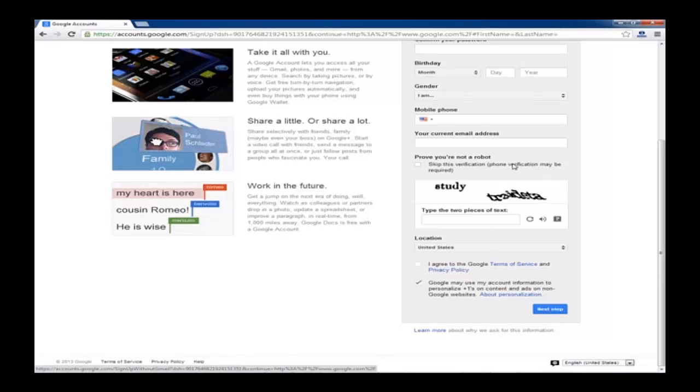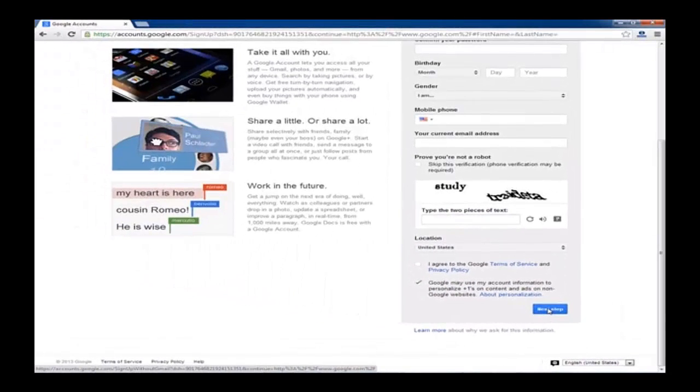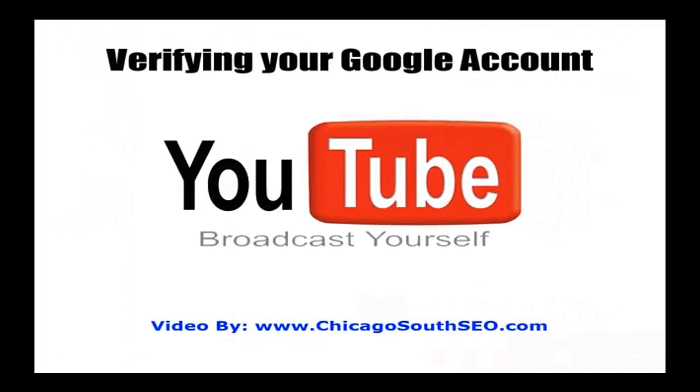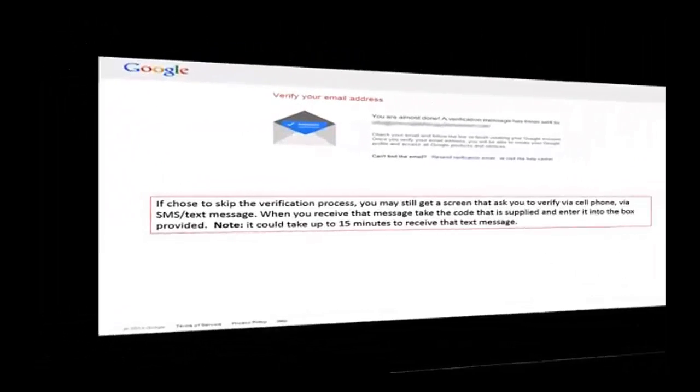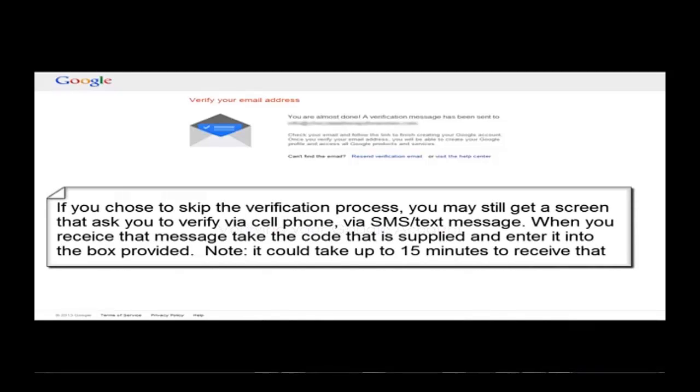Once you've done that, just click on the Next Step button down below at the bottom right. After you've done all of this, you will be prompted to verify your account via email or phone, as I said earlier. After you click Next, you'll get a screen that looks like this. Once again, keep in mind, if you chose to skip the verification process, you won't get this screen,